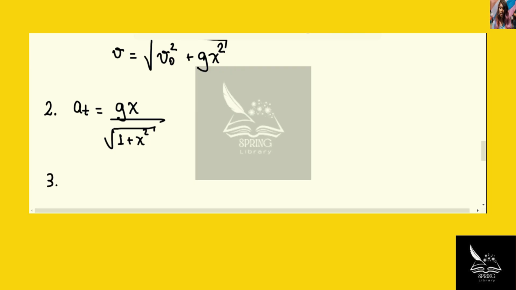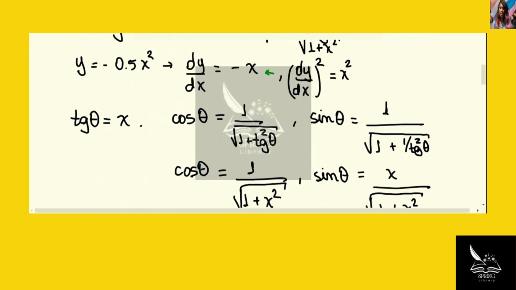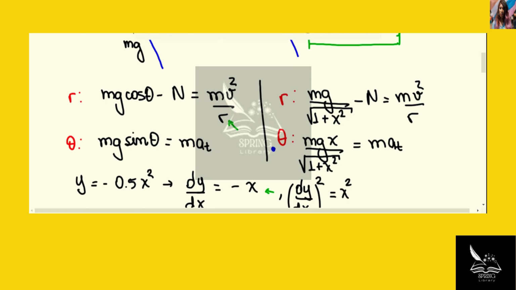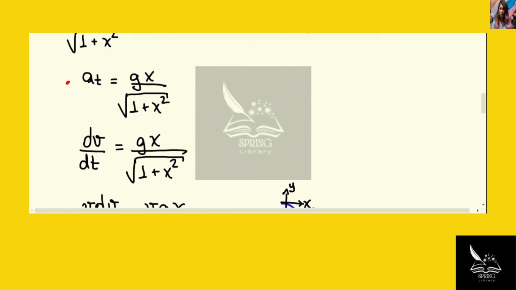And then we have to find the normal force, and I'm going to use the equation for the r-coordinate in order to find the normal force. Notice that in the equation for the r-coordinate, if we isolate the N variable, we have that N is equal to mg cosine theta, and actually I already found out that cosine of theta is 1 over the square root of 1 plus x squared,